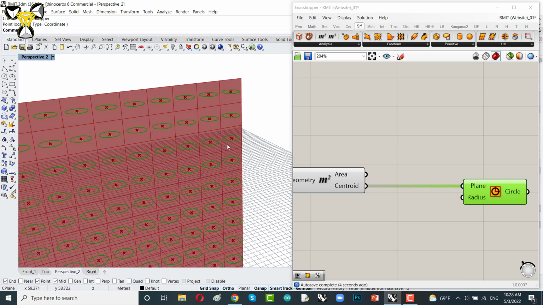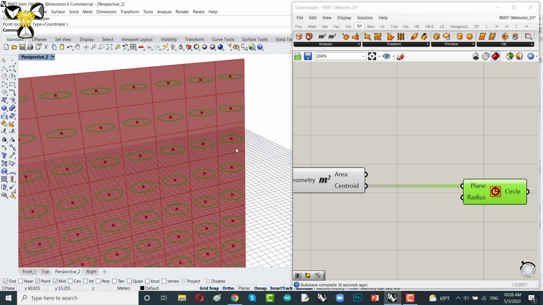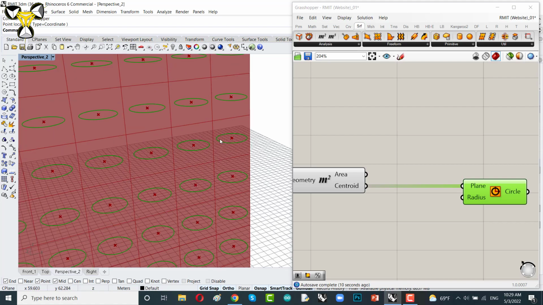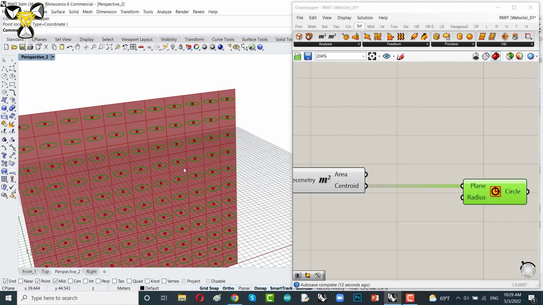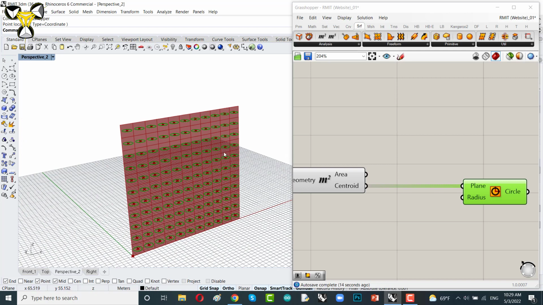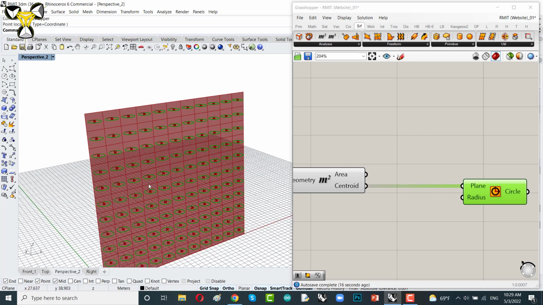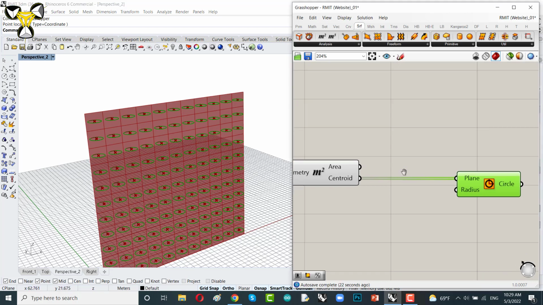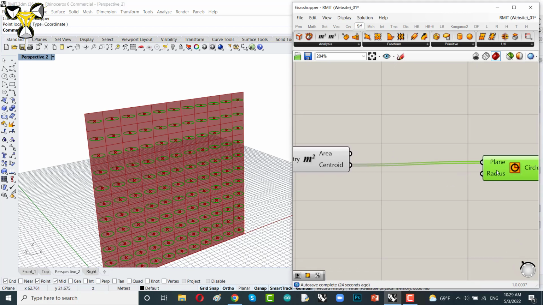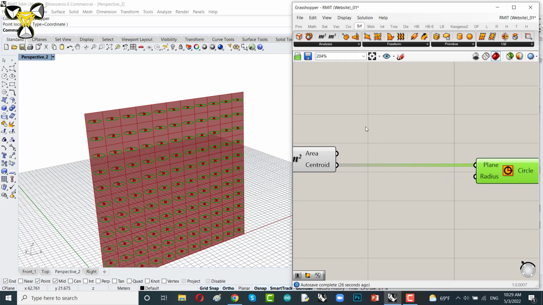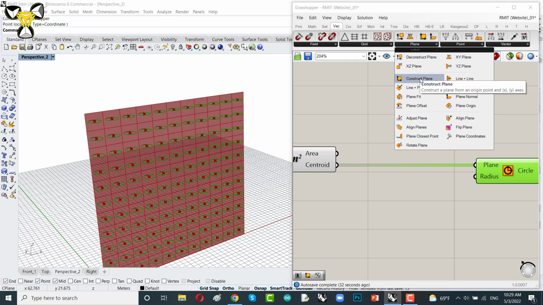Well, we have a problem here. If I'm not mistaken, we need to have these circles on the XZ plane. Yes, we need to have them in the XZ plane, but now they are in the XY plane. So we need to change the base plane. For that, you could easily go to the Vector tab, Plane, Construct Plane,